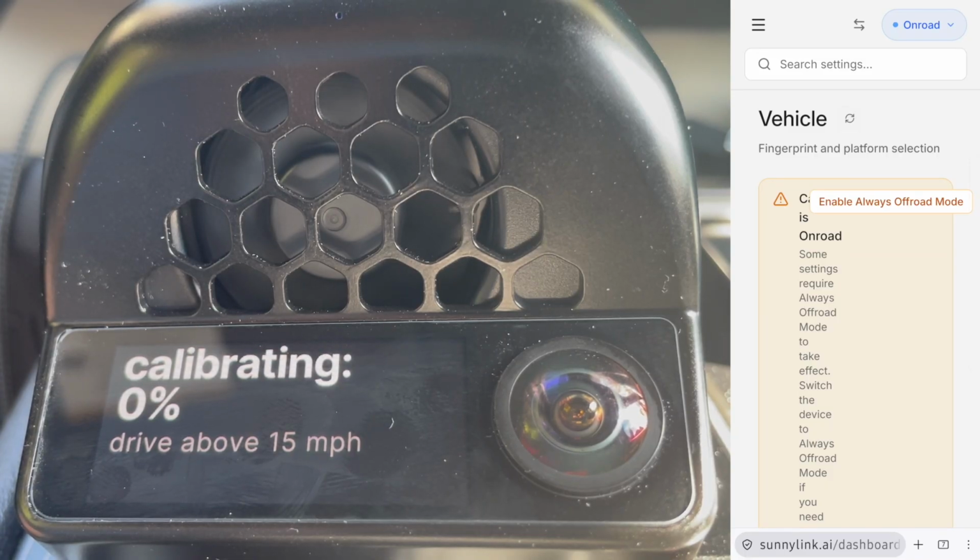If you got this far and you're not seeing calibration, and either you're seeing LCAS error or car unrecognized error, please come find us in Discord. We're in Comma Discord's Toyota Security channel. As I said before, we're still building an inventory of which cars work versus not. So even if your car doesn't work, it really helps us develop this further.